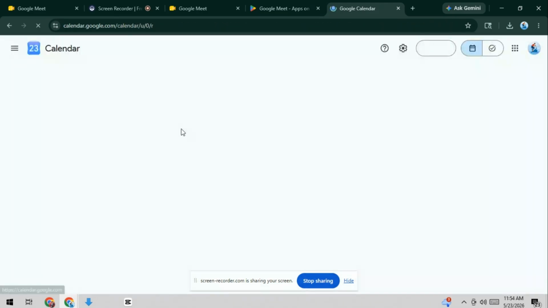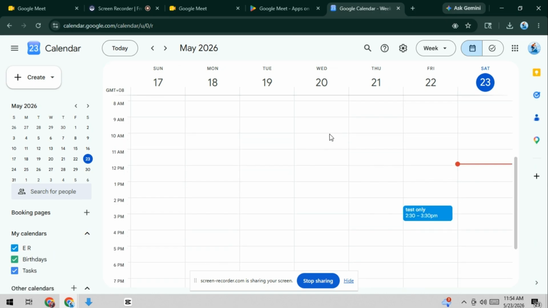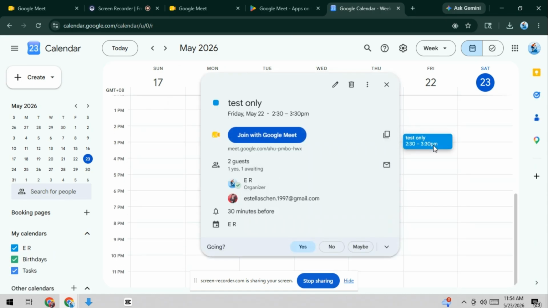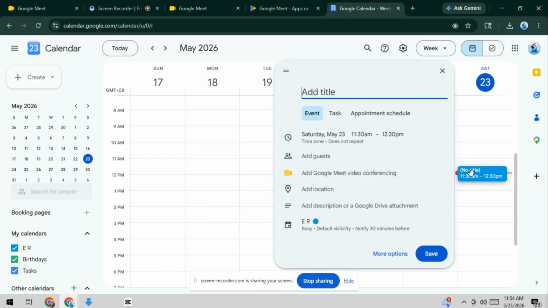Once inside, look for the specific date and time of your Google Meet session, because every meeting you joined or scheduled is automatically saved there as an event. Click on the event and you will see the meeting details, including the Google Meet link, participants, and sometimes even